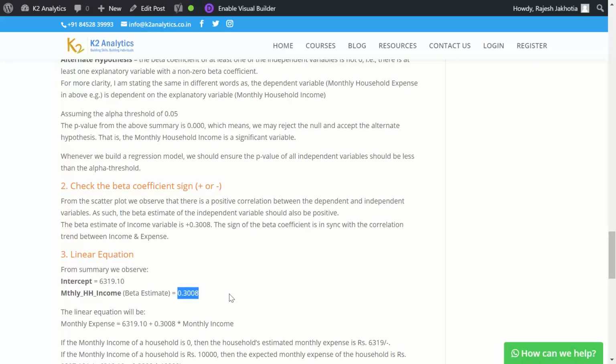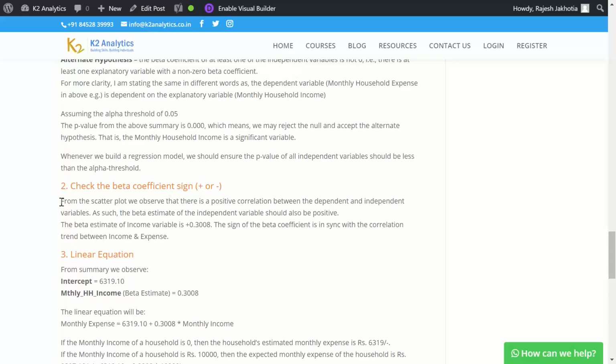It is a positive number, so the sign is positive. If the sign is positive, it means if the value of your independent variable increases, the corresponding value of the dependent variable also should be higher.